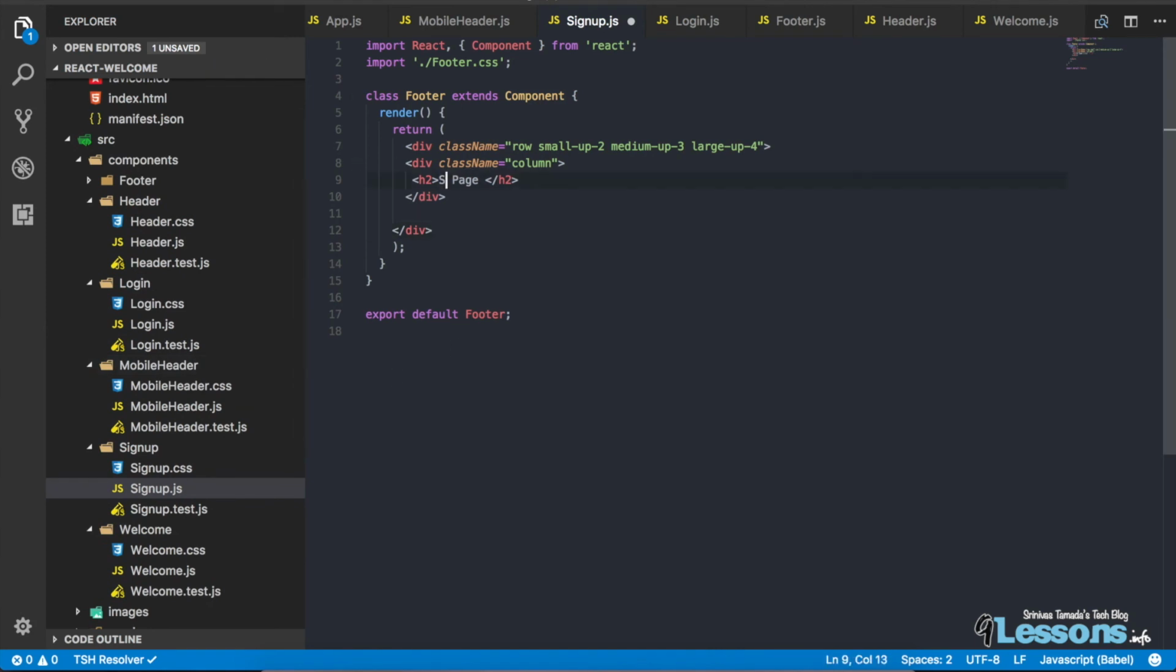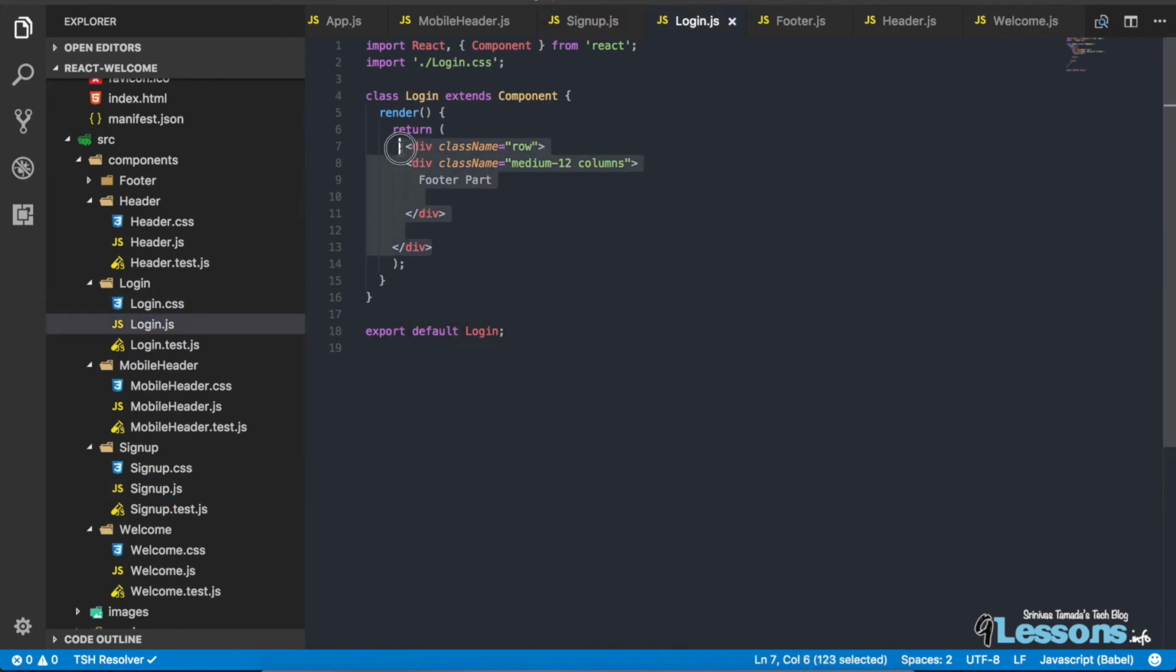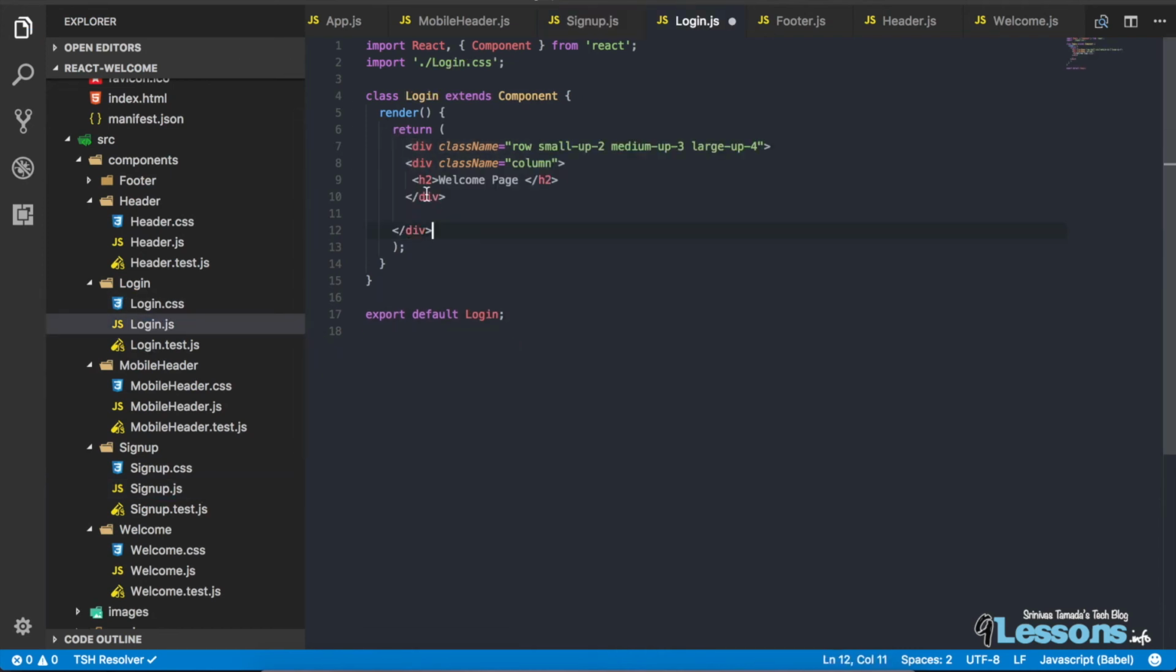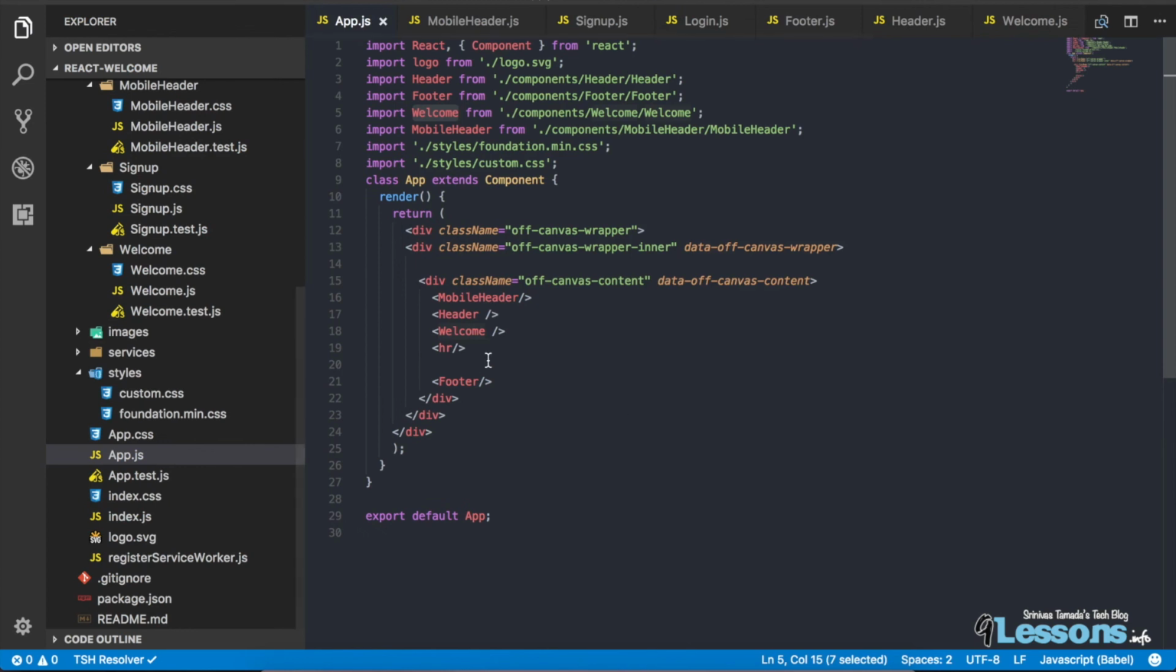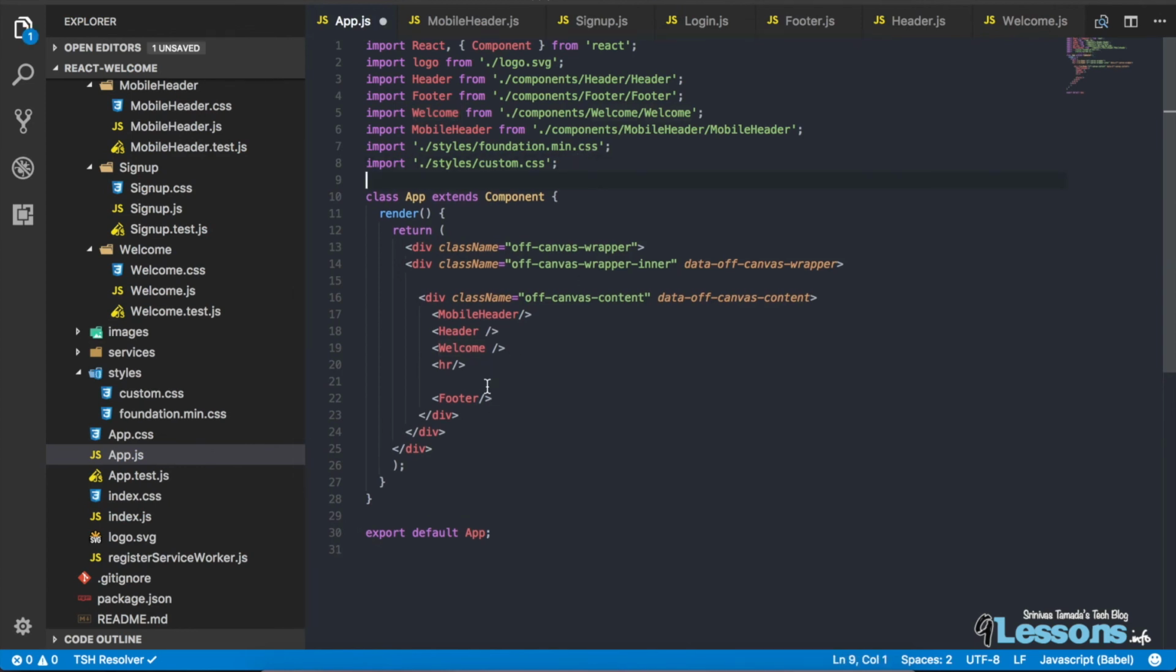And this is a sign up, and this is a login page. Okay, so now we divided everything. So this way, wherever you want, you can use the component in a different way. So the main thing is like,